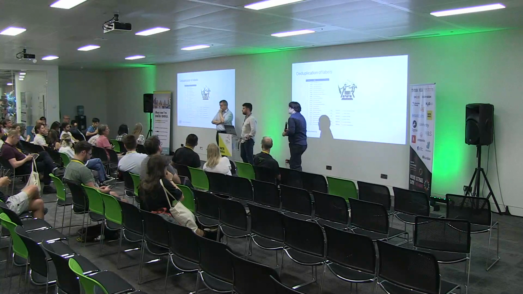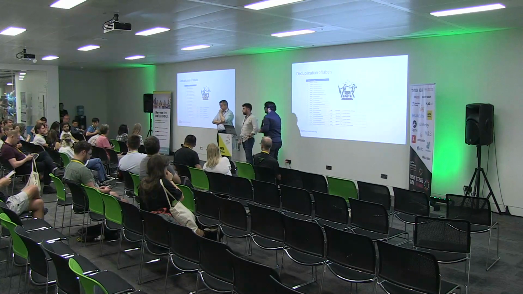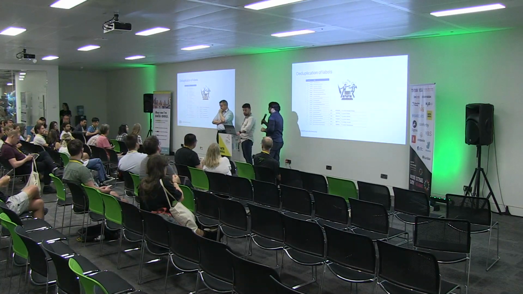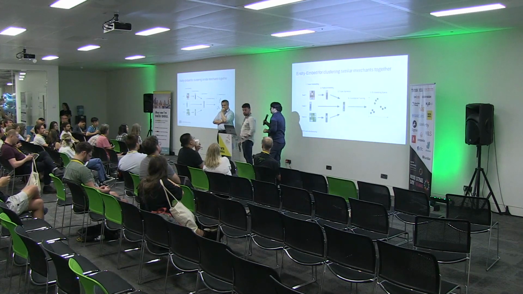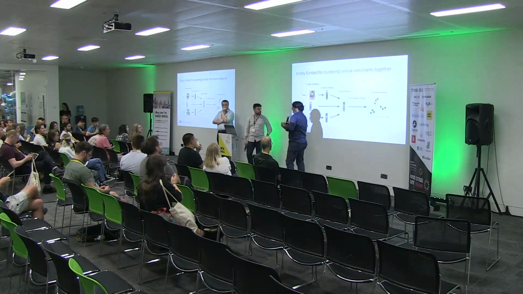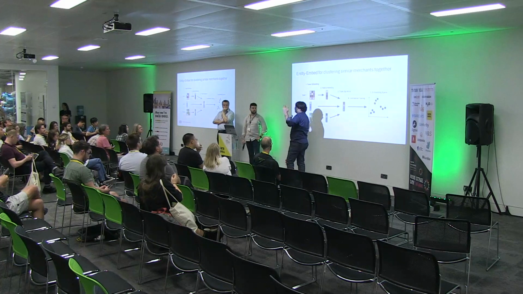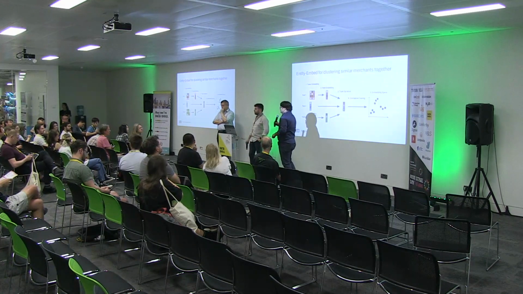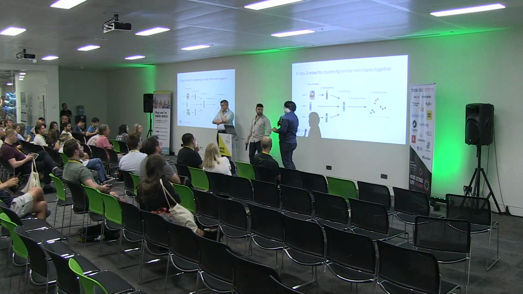Did I hear correctly that you train your own embeddings for the transactions? You could have used pre-trained embeddings, but it didn't work. Yes, that's right. We train custom embeddings, not use a pre-trained one. What method did you use for that?